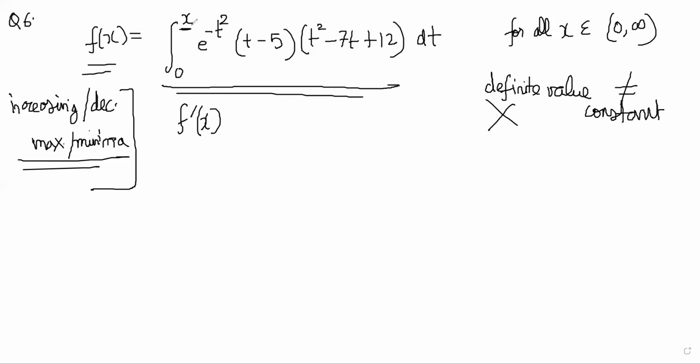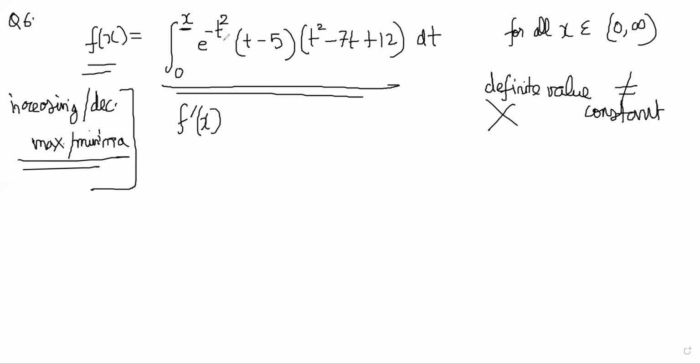If it was 0 to 1, it would be a constant value, right? If the integral was from 0 to 1, that would be basically the area under the curve from 0 to 1. Area would be a constant answer, then f of x would have been a constant. So that would have been a trivial question because it becomes a constant function. But right now what you have is a variable on top, x, so it will give some function of x.